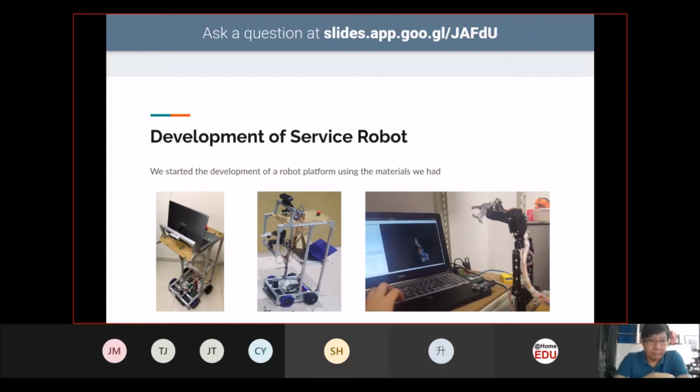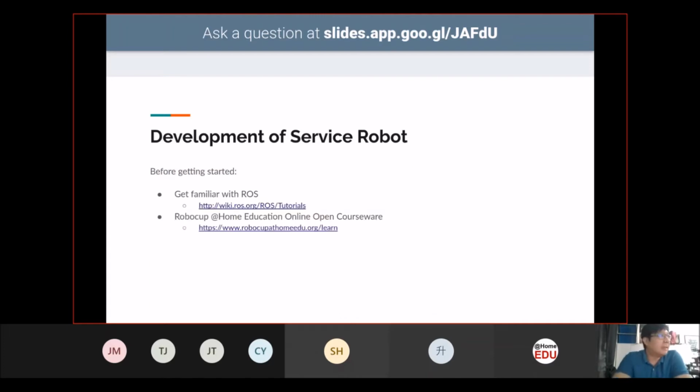So for the development of service robots, there are a lot of things available. One thing that Jeffrey shared at the start of today's sharing is an online OpenCourseware.